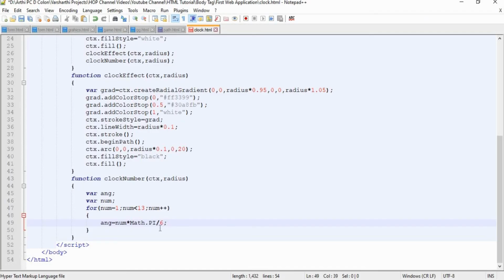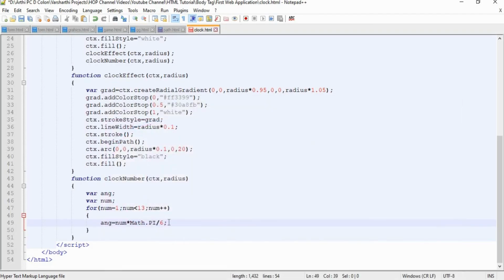Similarly on the left hand side we have to place a set of numbers, and on the right hand side we have to place another set of numbers. If we find the angle for placing the number 12, the negative value of that will be equal to the value of 6. So if we calculate the angle for one side, we can get the other side's values with the negative.